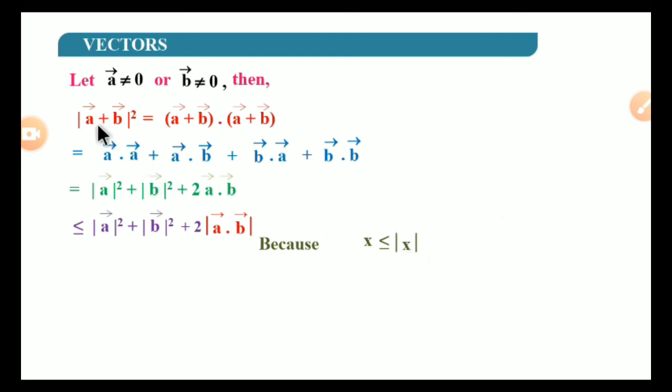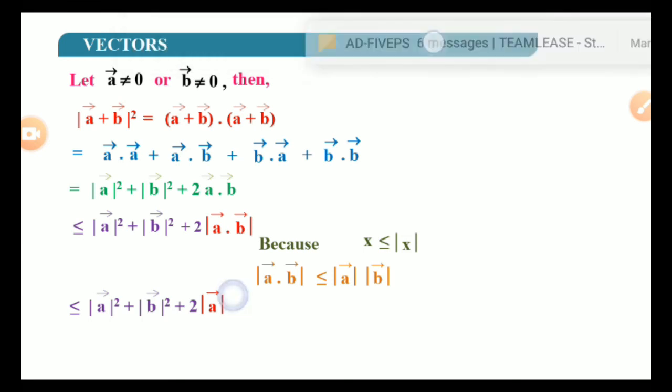Similarly, A dot B is always less than or equal to the magnitude of A dot B, so this whole expression becomes greater than or equal to the magnitude of A plus B whole squared. Therefore the magnitude of A dot B is less than or equal to the magnitude of A times the magnitude of B. So now it is again less than or equal to the magnitude of A squared plus the magnitude of B squared plus 2 times the magnitude of A times the magnitude of B,